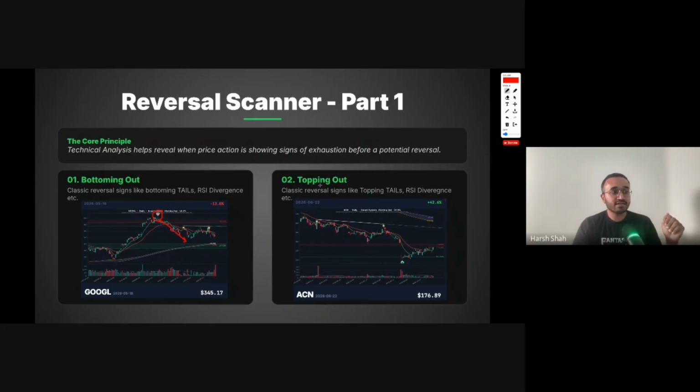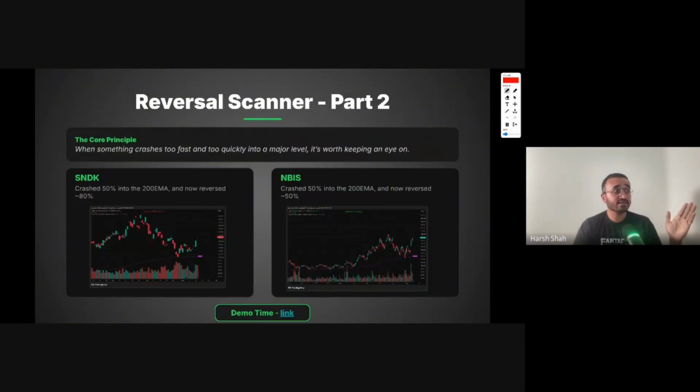So if I'm someone who doesn't short, but if I want to buy Google, for sure I wouldn't buy this zone. On the right side, we know that ECN is Accenture, and here it created a signal right at the bottom that hey, something might be bottoming out. If you don't want to wait for a breakout, if you look, the breakout is flagged somewhere right here. So if I don't want to wait for this spot, and if I really believe in this company, I can initiate a position because the risk reward, the probability is a little bit in my favor. So this is the reversal scanner, and this is part two.